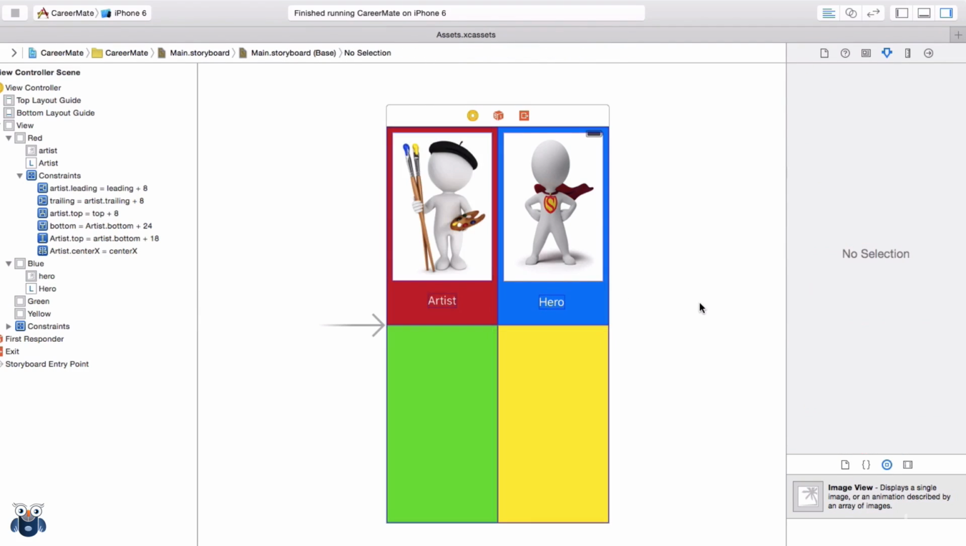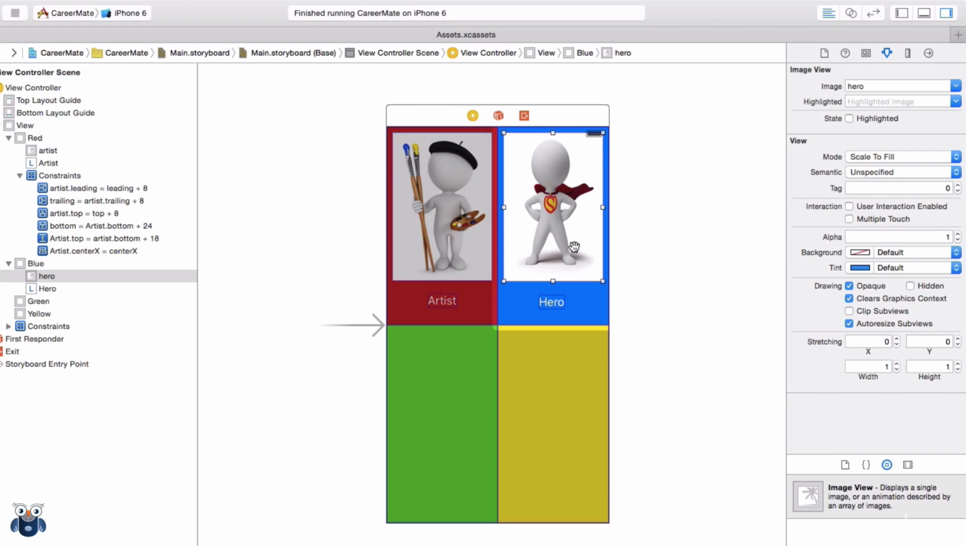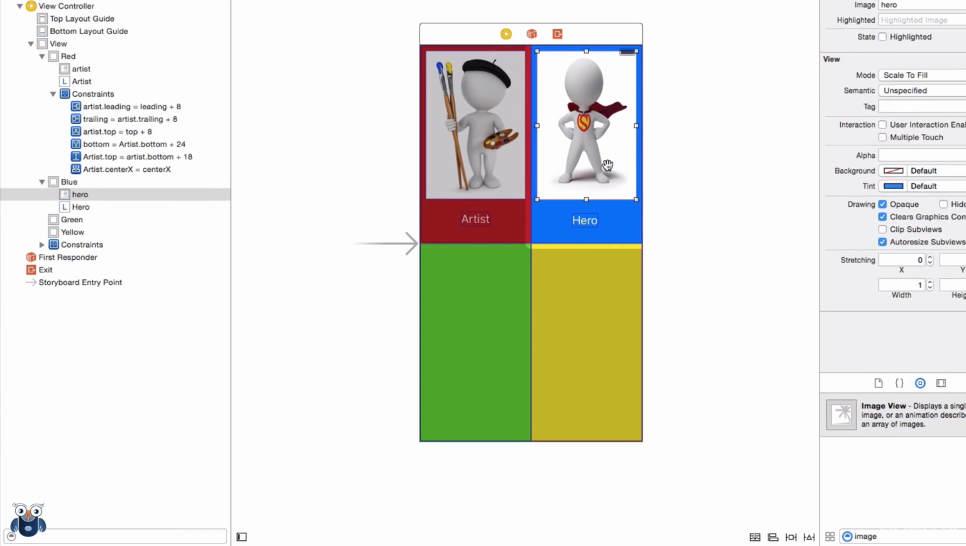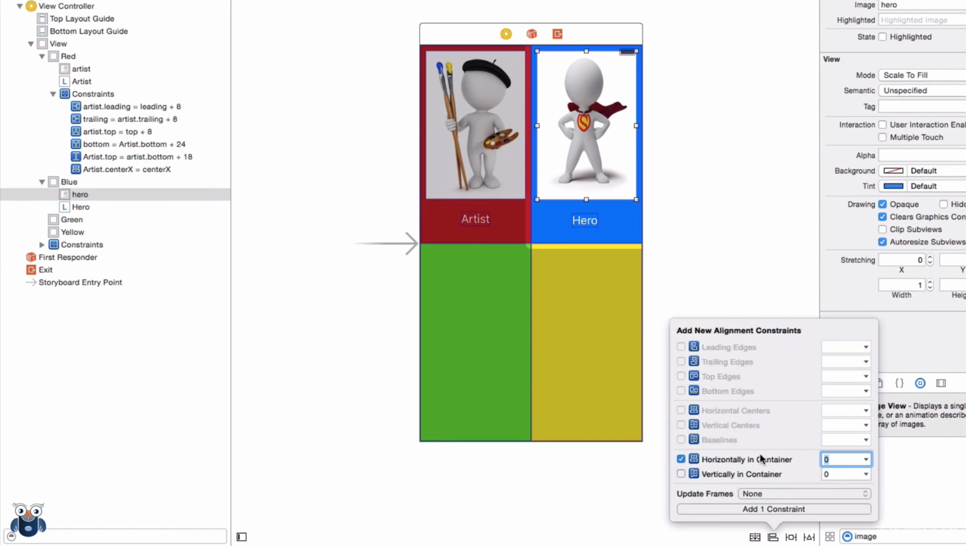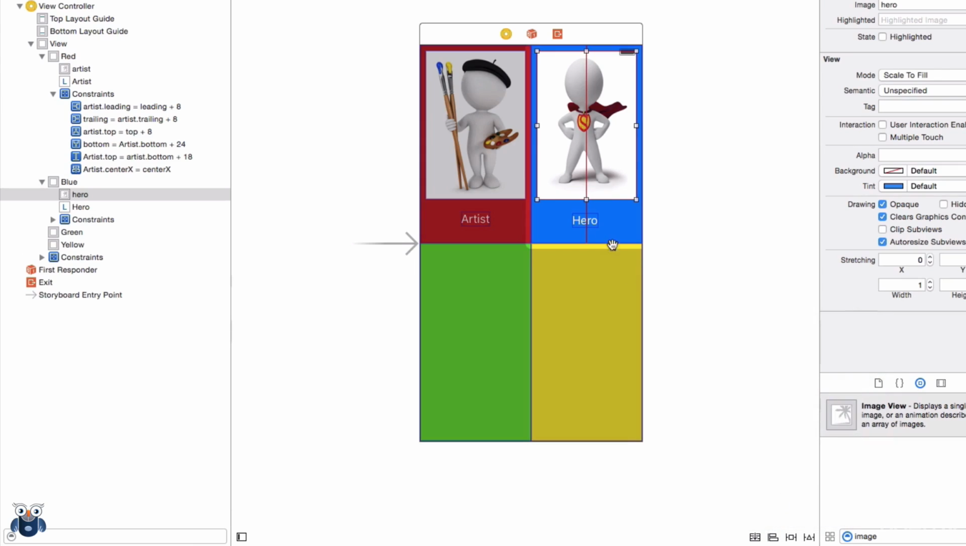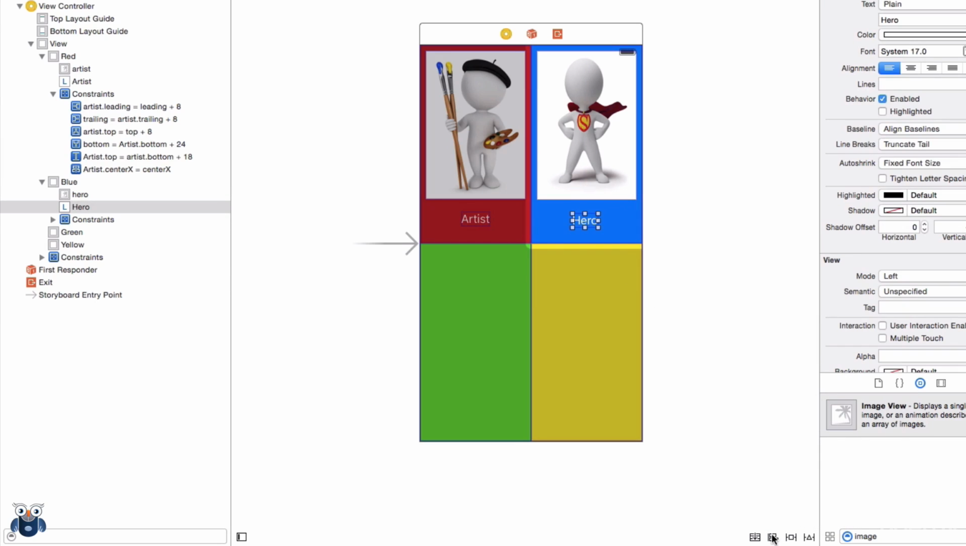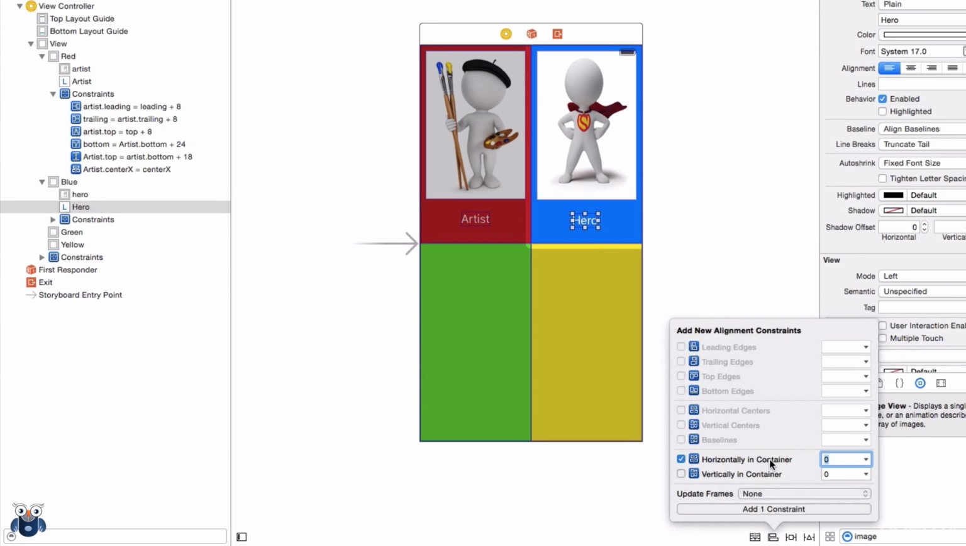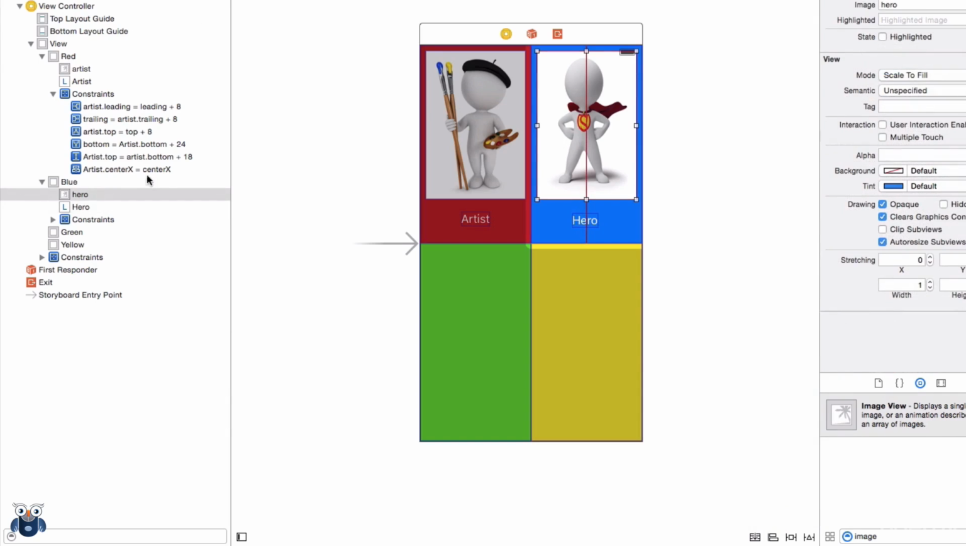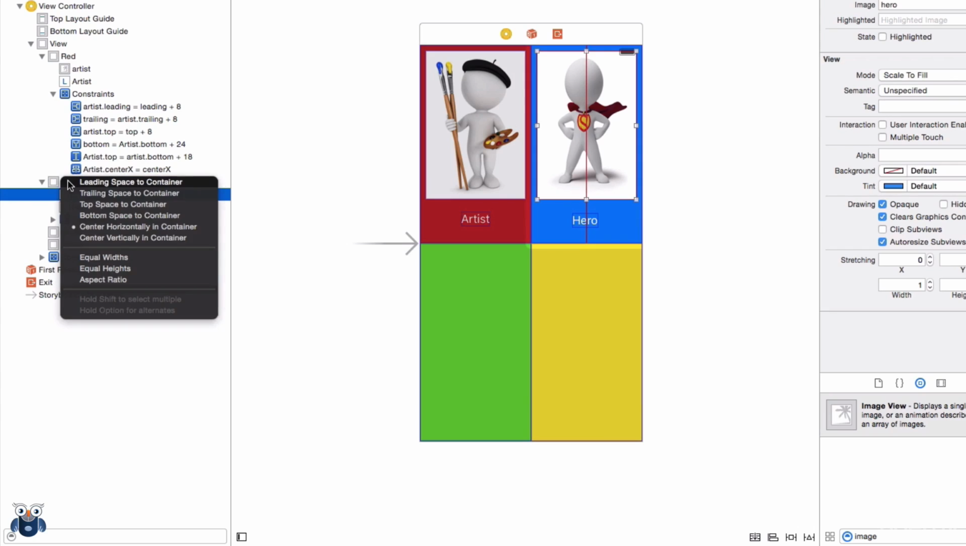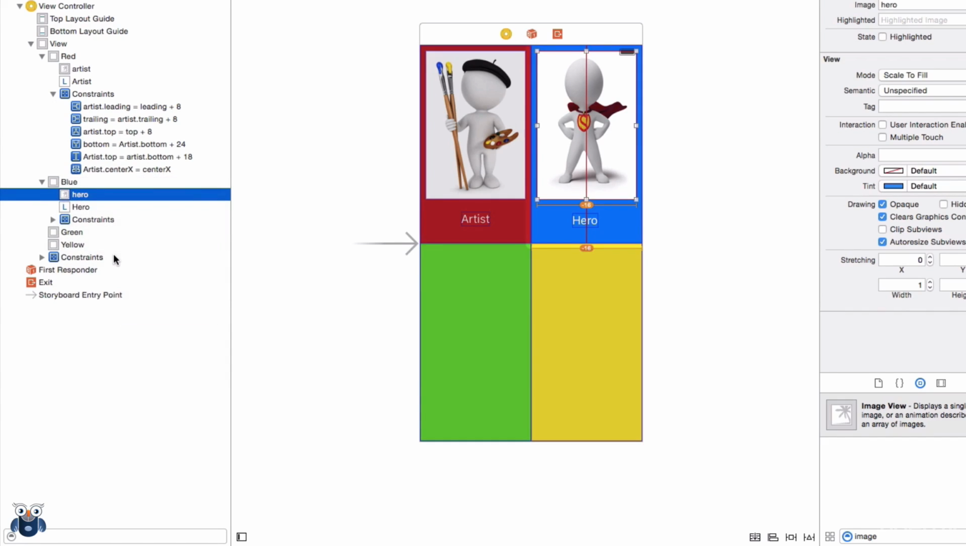And this time we're going to do something different. First, of course, we'll put our hero in the middle of the container, and similarly for the label, middle of the container. And this time we'll go to our hero and create a constraint between the image view and the blue subview, and we created an equal width constraint. Now you might find that a bit